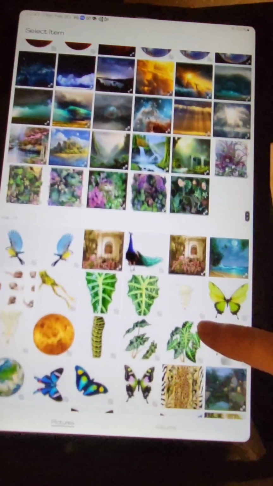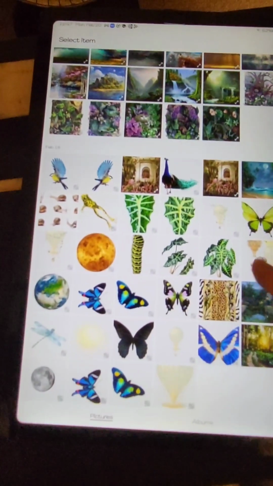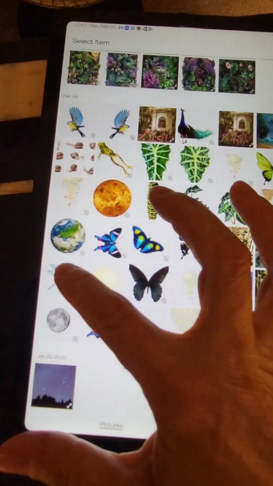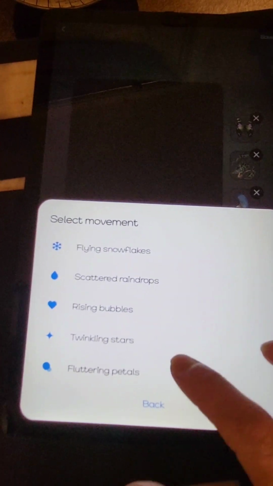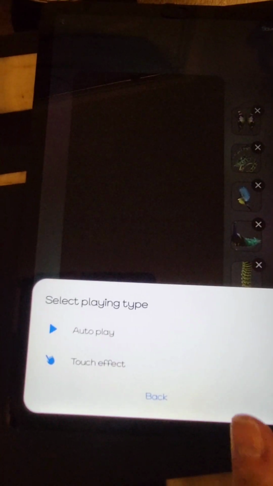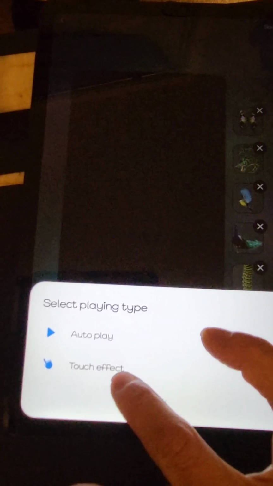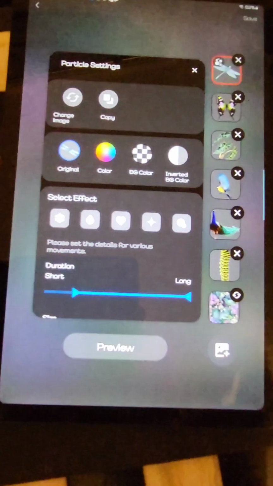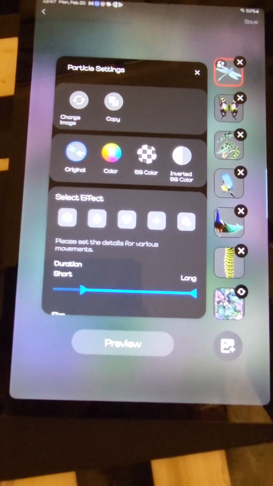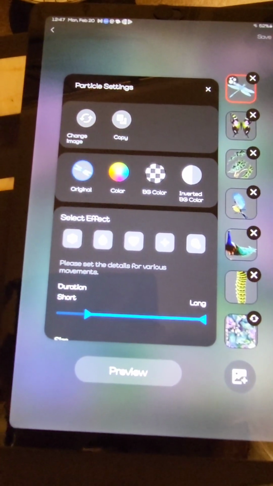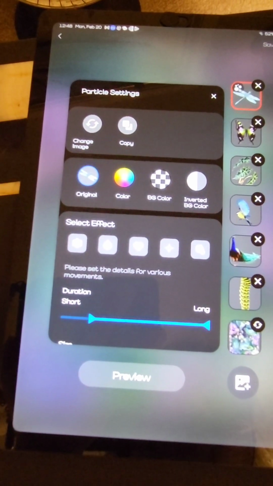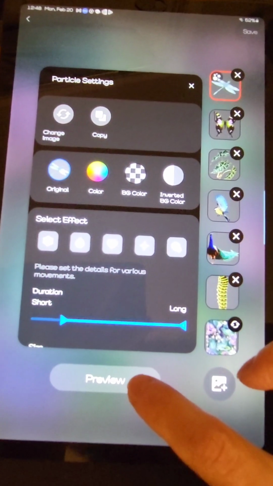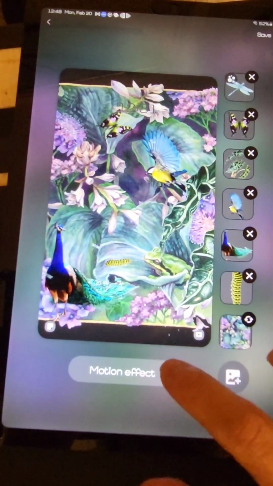Okay, so I'd like to ask you, what particle effect would you like? Let's see. I'll say a dragonfly, okay? And let's make him twinkle like stars. And I'm not going to do the touch effect right this minute. I haven't even tried it, but I'll try it just to give you guys a little extra. Okay, so I've got him up here, and see, he's highlighted in red. So then we go to the preview,